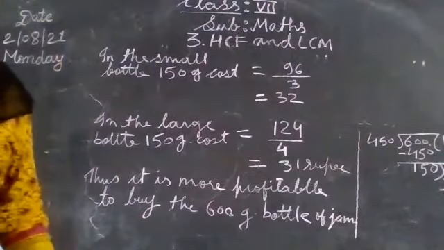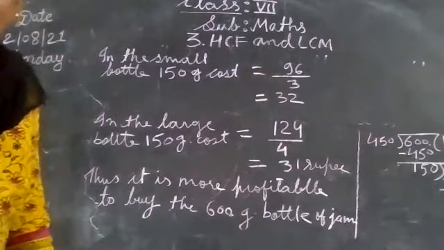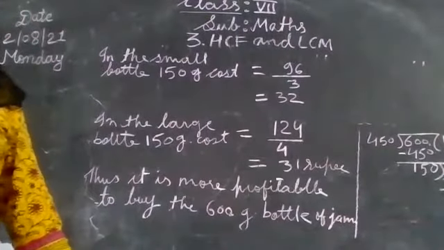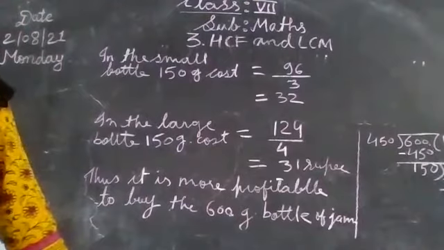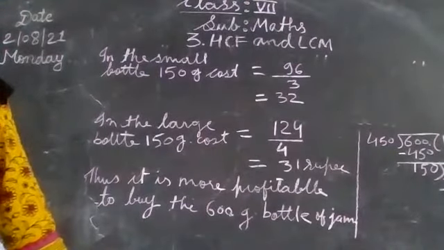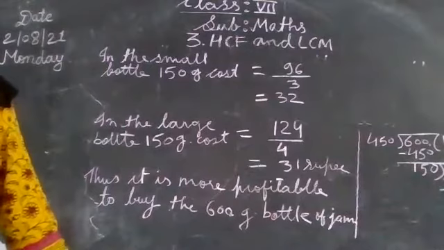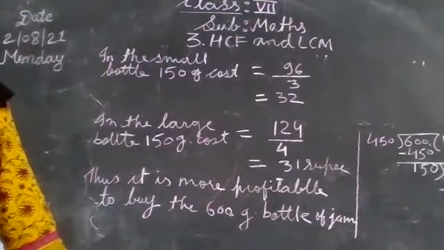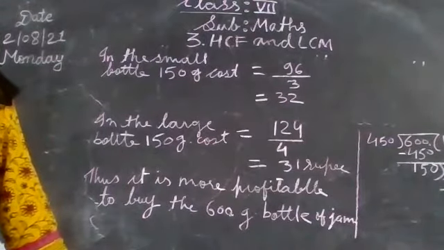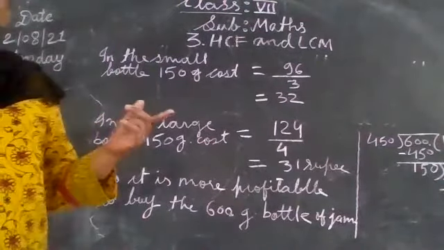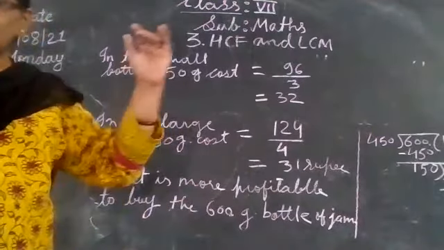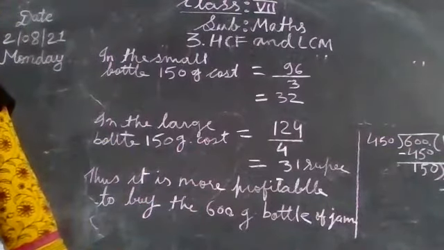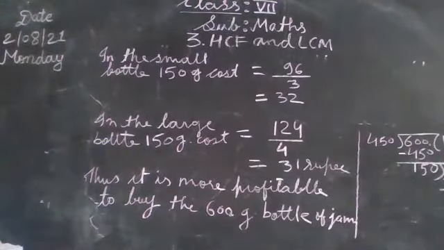Now see one more question. The length and breadth and the height of a room are 825 centimeter, 675 centimeter and 450 centimeter respectively. Find the largest tape which can measure the 3 dimensions of the room exactly. So you have to find the largest tape so that these measures can be measured exactly. Okay. Now write down the question, beta.